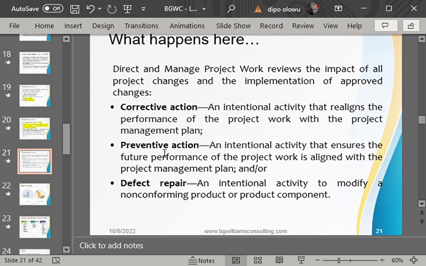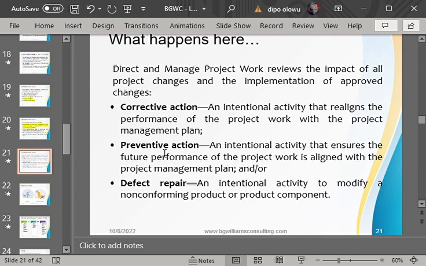Now, when we say corrective action, please take note, it means an error has occurred, and that error has been detected either by the project manager or the team. Now, when that error or that discrepancy or that variation has occurred against the plan, what can the project manager do in this case?